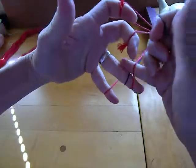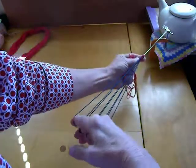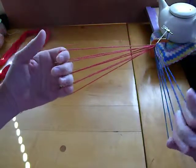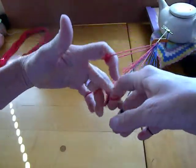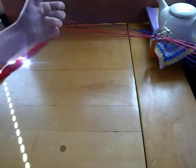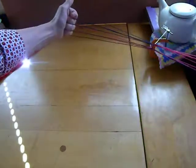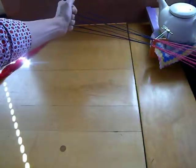And 4. Let me see how long my loop is at this point. That might be long enough, but I'm going to make it a bit longer. So here, 1, 2, 3, 4. It's good to always check to make sure that you haven't...